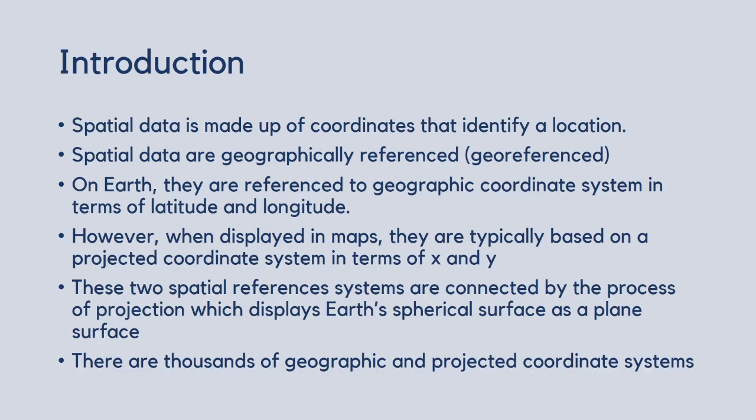So as an introduction, basically, spatial data is made up of coordinates that identify a location. So spatial data are geographically referenced or georeferenced. On Earth, they are referenced to a geographic coordinate system in terms of latitude and longitude. However, when displayed in maps, they are typically based on a projected coordinate system in terms of x and y